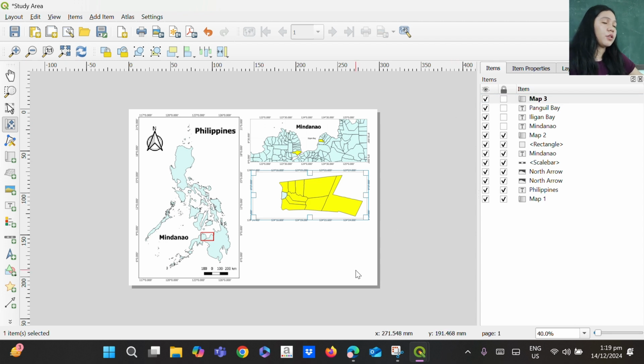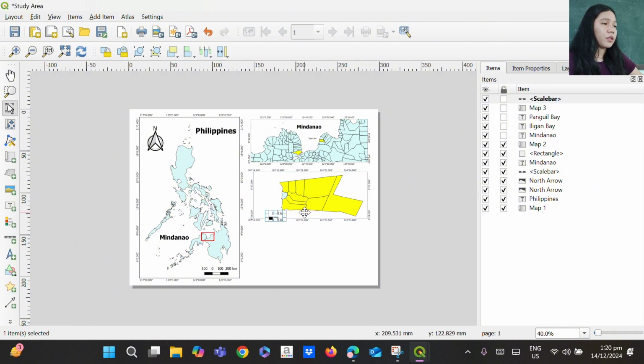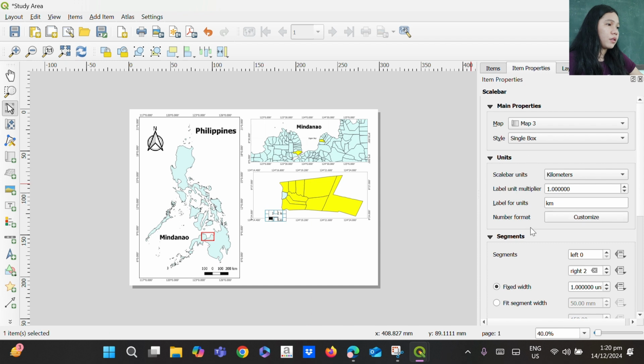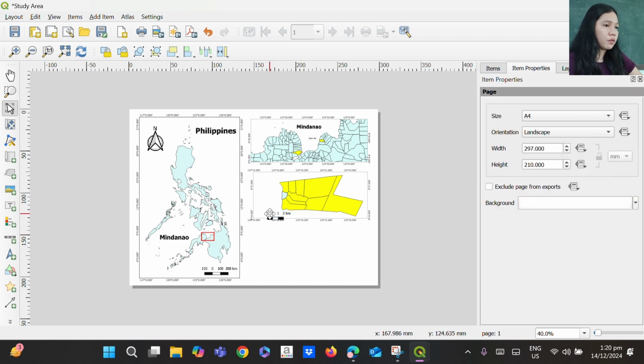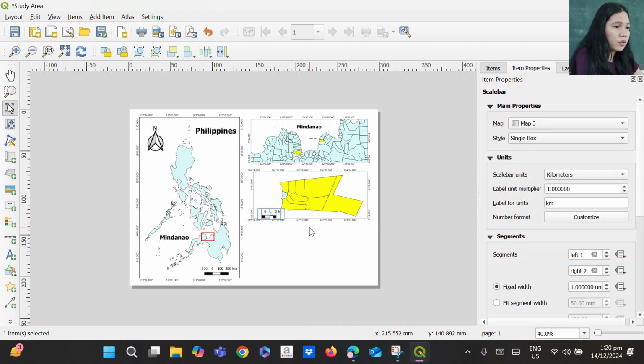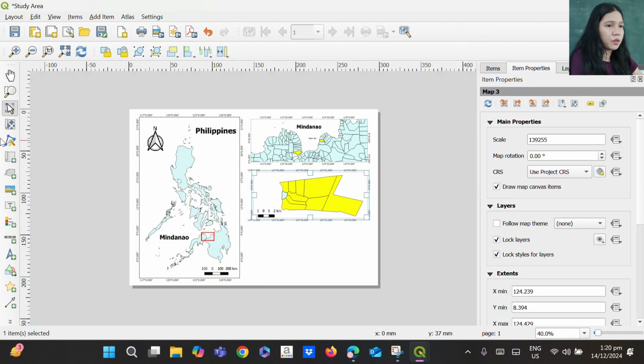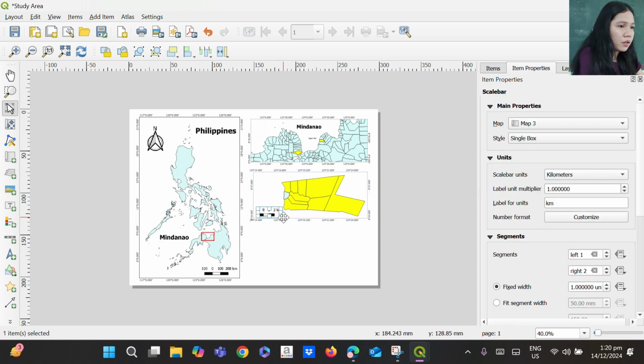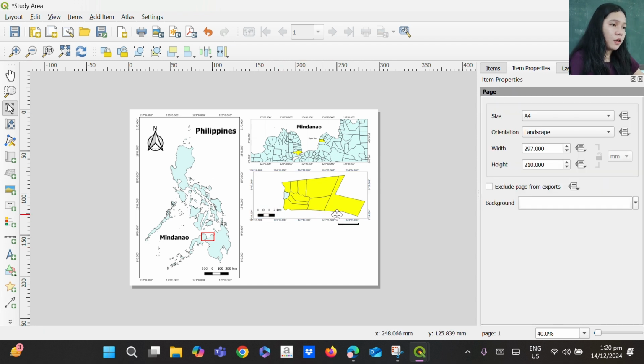Then after you draw the grid interval and the coordinates, you then add the important one, scale bar, if you want. So I'm going to have segment on the left 1 and on the right 2. So this is the unit kilometers. Since it is most important to every navigator to have a scale bar on their map. So I'm going to add scale bar here. Scale bar.